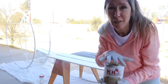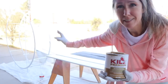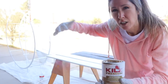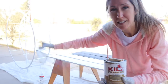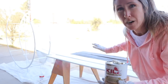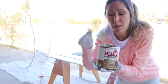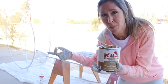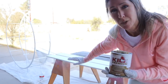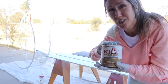So I switched the paint that I'm using. On the frame we used the Rust-Oleum spray paint, and on a frame like that, where there's all kinds of little crevices and not a large flat surface, it's really easy to get that done real fast with spray paint, and you can get in all those little crevices. But on the large flat surfaces, it's easier to actually just switch, and you can match the paint color to any kind of spray paint. If I was to try to paint those with spray paint, it would just suck up so much paint, and it would end up being way more costly than just doing regular paint like this,